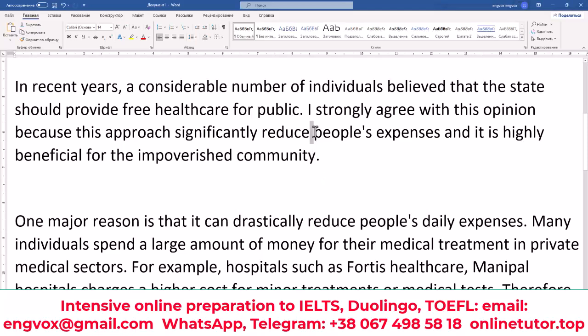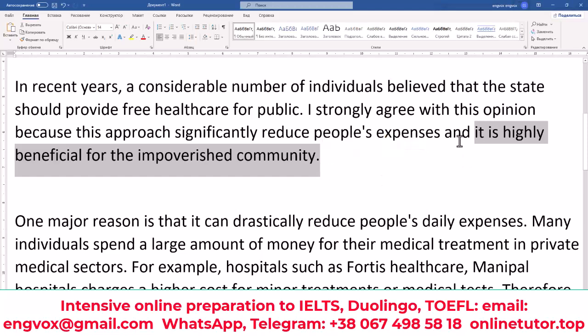Basic grammar mistake, he, she, it, you know that we should add the ending s. If you have several mistakes in this ending s, you may not get more than 5.5 because you are illiterate, you see. How on earth can any expert or grader give you more than 5 if you are illiterate? You cannot write he reduces, she reduces, it reduces. It's nonsense, you see. Okay, significantly reduces people's expenses, okay, comma, and it is highly beneficial, again, borrowed, for the